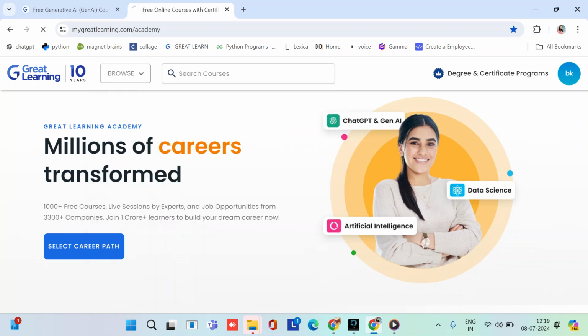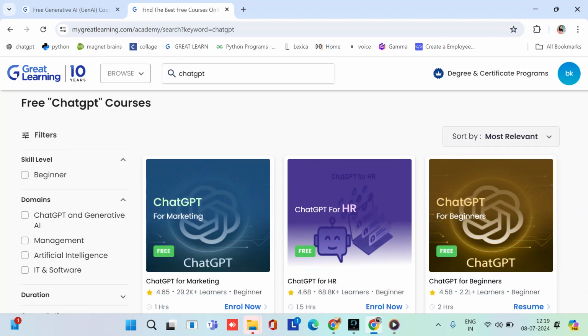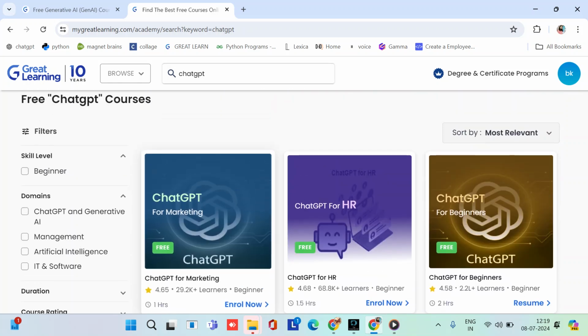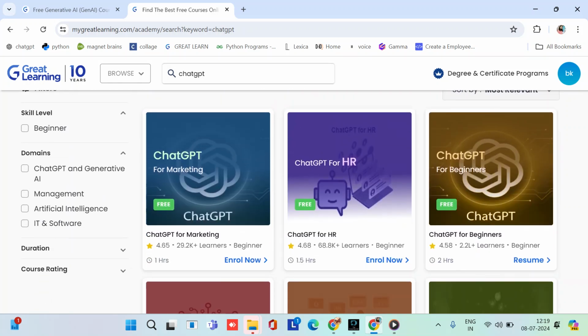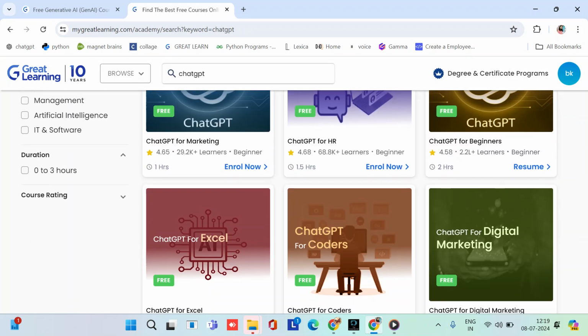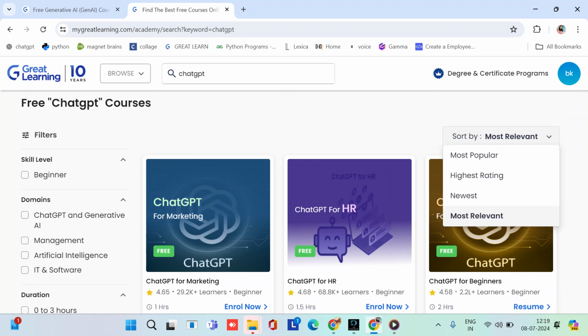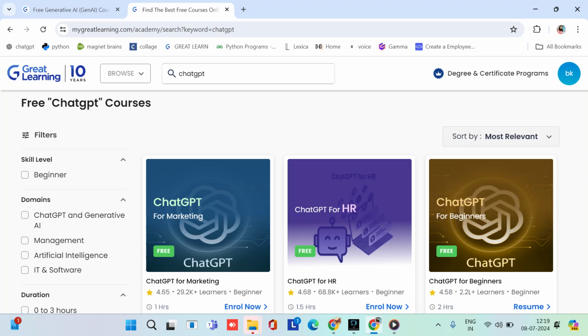So search for ChatGPT and you can see all these courses related to ChatGPT, in the fields of management, ChatGPT and generative AI, artificial intelligence and IT and software. You can also select duration, course rating and skill level. You can also sort these courses by highest rating, newest, most relevant, most popular, like that, and these are some courses.